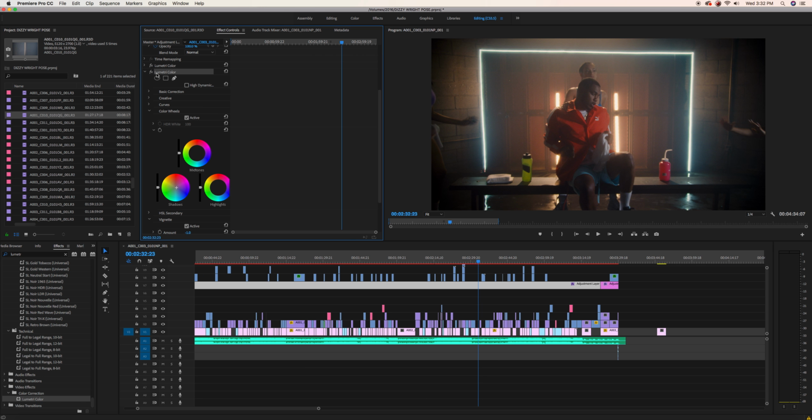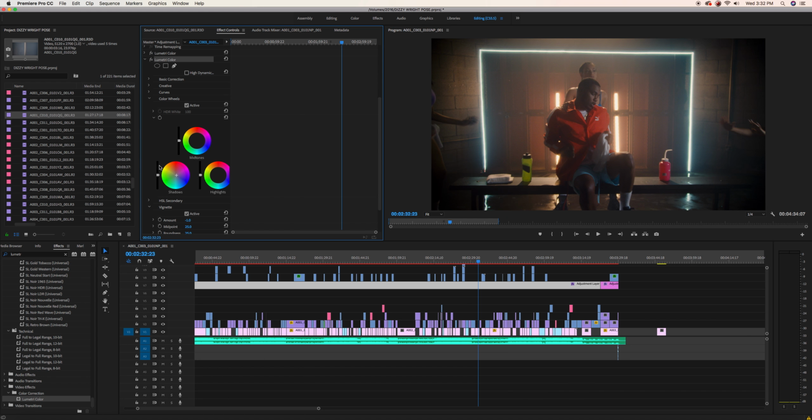But now with this Lumetri Color layer, I came into the color wheels, and I took my shadows a little more to the blue. I wanted to cool it off a little bit, give the shadows a little bit more of a blue look. I personally like when my shadows have more of a blue tint or feel. So I literally just took this. Here, let me reset it actually. So if we reset the color wheel,